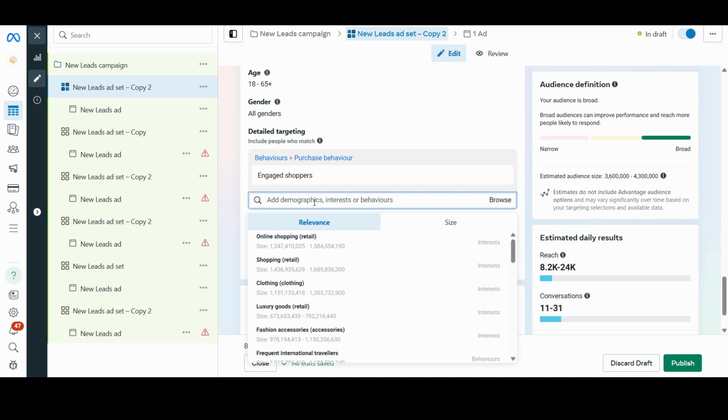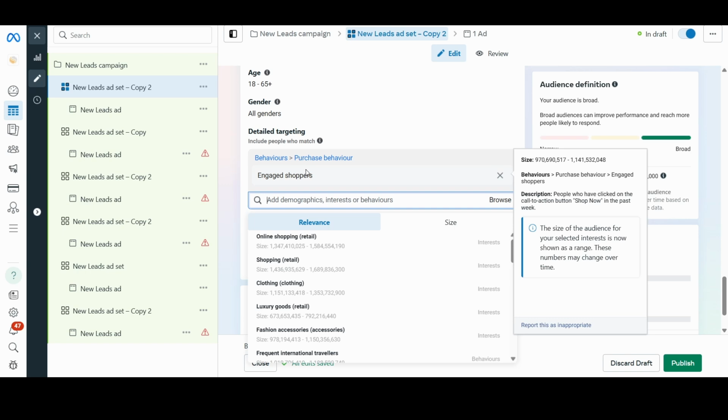that remember, it's an auction. When you have 10 people bidding for the same thing and you have one person bidding, the amount that one person would pay will be lower than when there is more competition. So Facebook runs on an auction. So if everybody is using engaged shoppers, the price point goes high. So you have to spend higher in order to get that audience. So what do you do? You understand the demographics, psychographics of your target audience, and you use the psychographics in